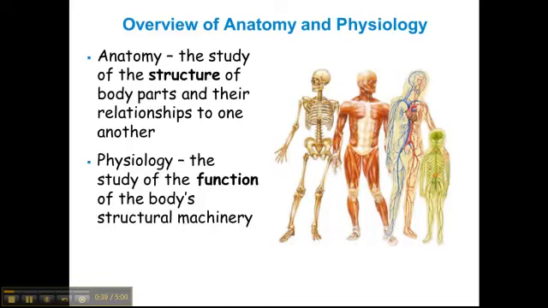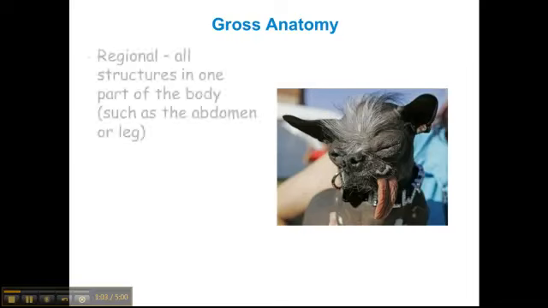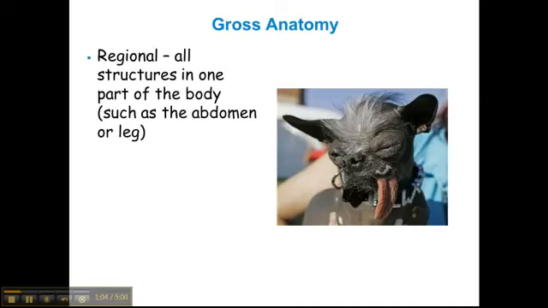As we go through and look at this, let's begin talking about some of the different ways that we might study anatomy. The first type of anatomy would be gross anatomy, and this is not the study of ugly-looking things or gross things. Rather, here we use the term gross anatomy to mean structures that we can see with the naked eye. The first way we might do this is in regional anatomy. In this, we look at all of the structures within a single part of the body, such as the abdomen